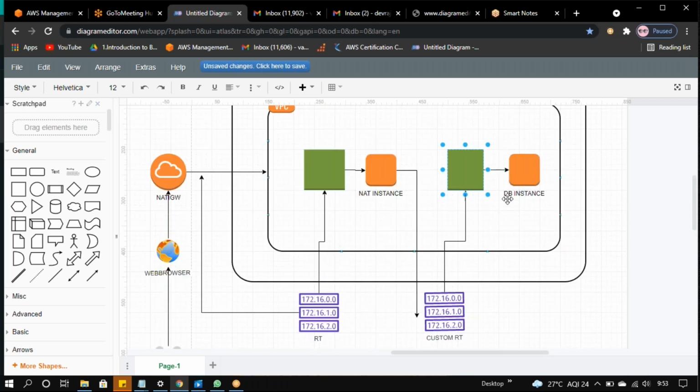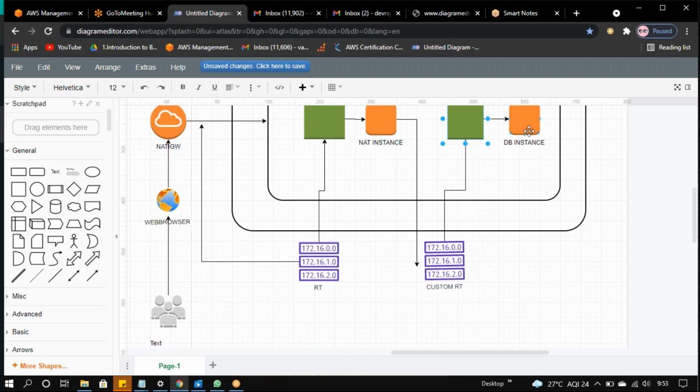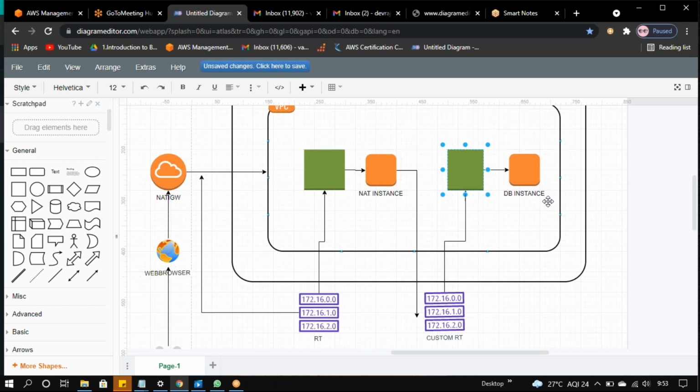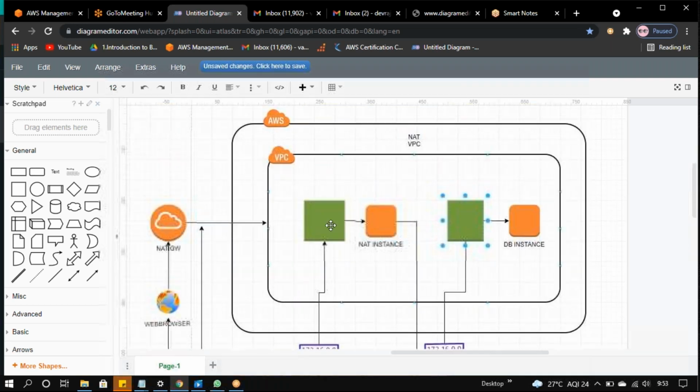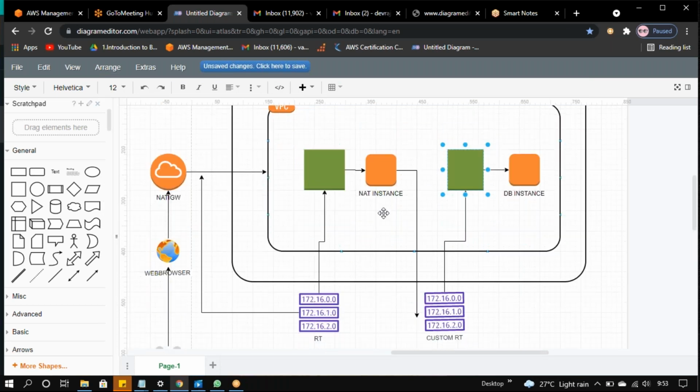He doesn't have any information about what the database instance has. But if the end user knew about the database instance, and some of the files are hosted in this instance, how could he access it? He doesn't have the access for that. Why? Because the end user will reach only up to here. If he wants to access here, then only the customer has the access. Once the customer is logged in via this instance's CLI, via CLI only he can access this instance.